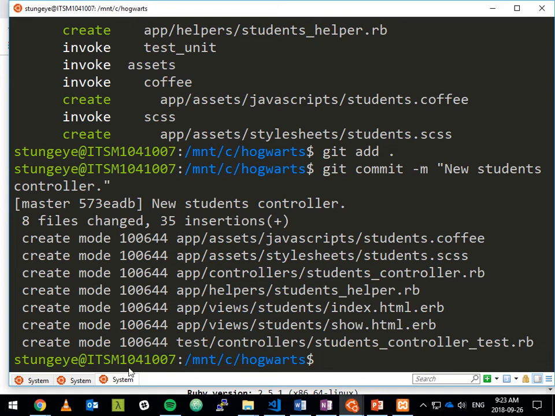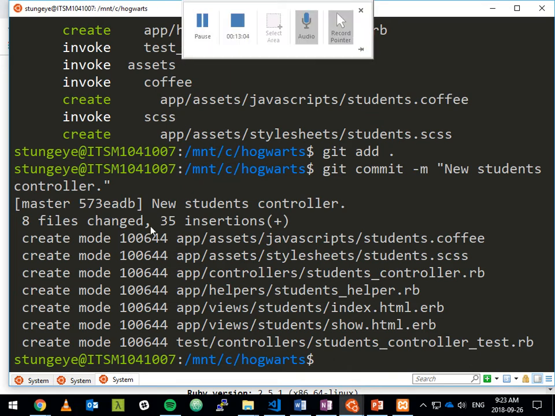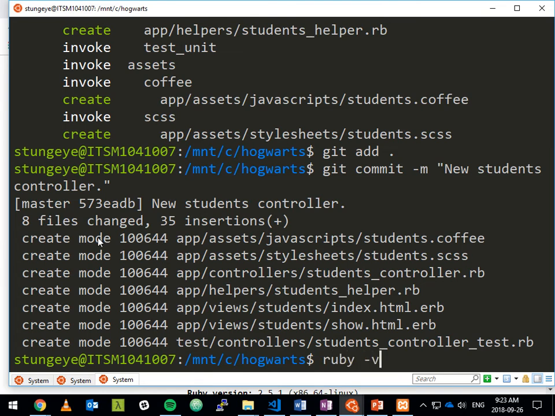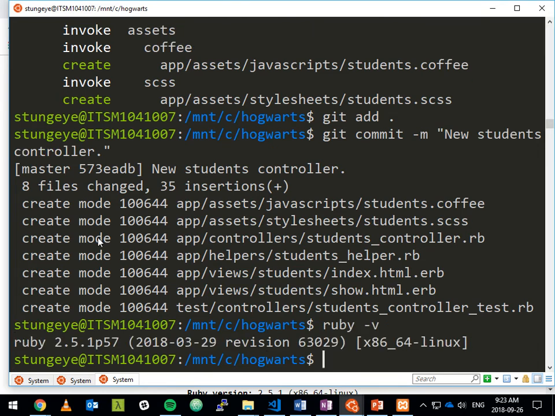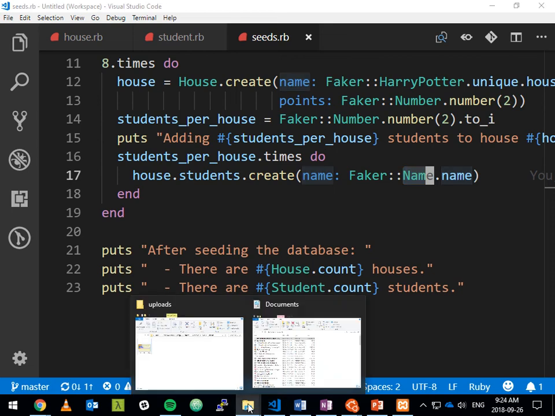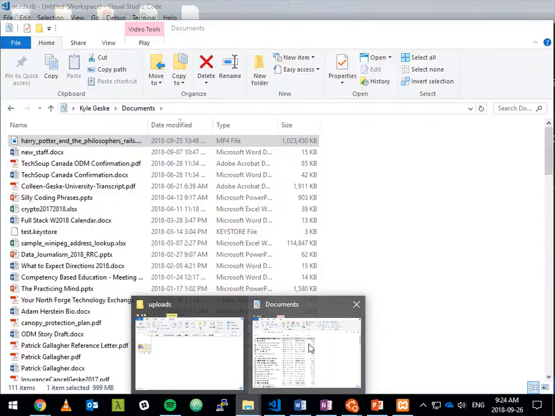Yeah? I already updated the bundler, I installed it, and it's still saying Ruby version. Oh, let me see. So it's complaining about your Ruby version. When you do a Ruby -v, what are you told? 2.3.3. So what you need to do then to make use of my project, because I'm running at a slightly higher version of Ruby,